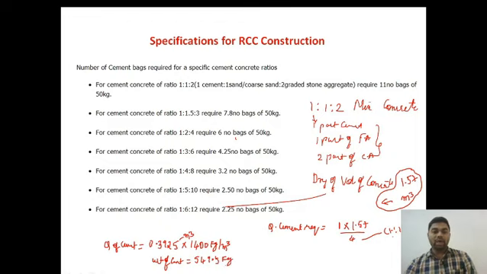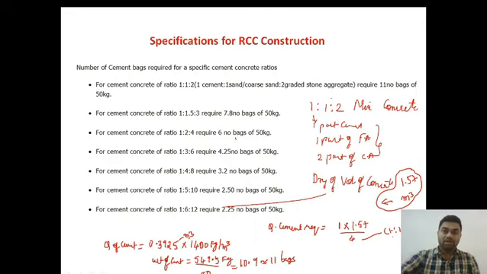We know that 1 bag of cement is 50 kg. So if you divide this number by 50, we will get the number of bags. We will get approximately 10.9, which is equivalent to 11 bags of cement